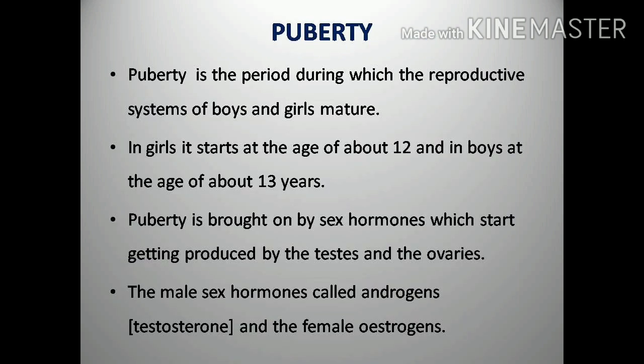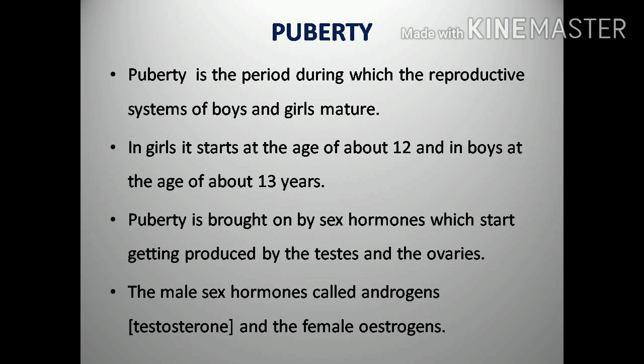During the adolescent period, the sex organs become active. The testes start producing sperms and the ovaries start producing eggs, meaning eggs are already present and the maturation of eggs takes place. This indicates that the individual is becoming capable of producing children. So this is the stage of puberty.